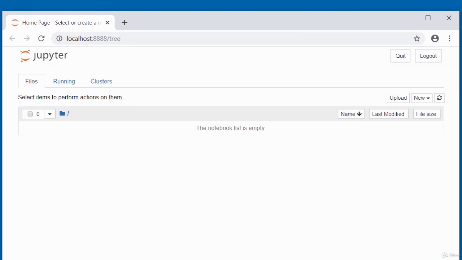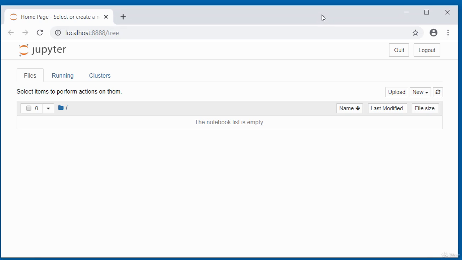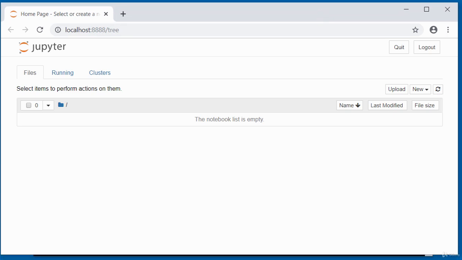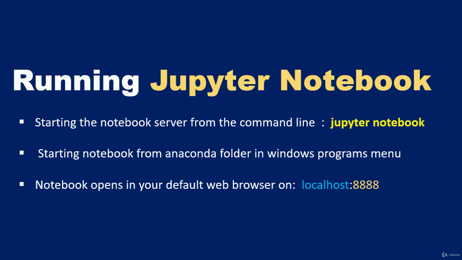Running the Jupyter Notebook from a specified directory is also useful for project-based work, so that if there's certain things you want to keep in a specific directory, then you can serve the Jupyter Notebook server from that directory. In this video, I showed you a couple of ways of starting the Jupyter Notebook. One from the command line, where you could specify a directory for the Jupyter Notebook to be served from. And I also showed you how to start it from the Anaconda folder within the All Programs menu of your